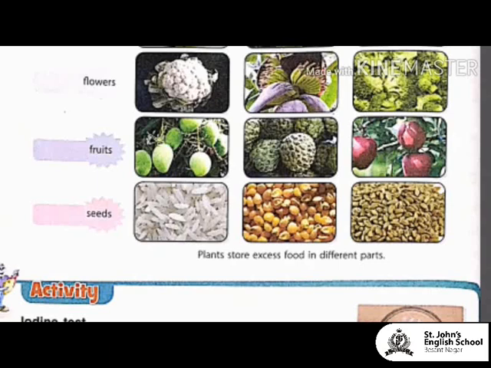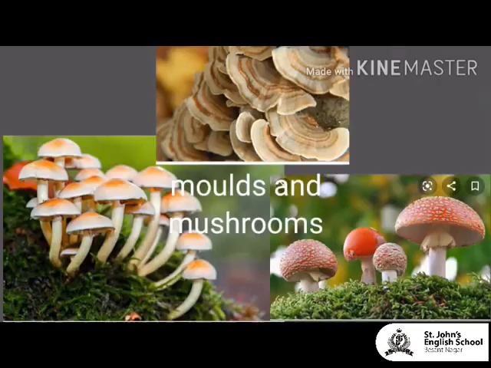In some plants, the food gets stored in their seeds. That's why the seeds become edible, and they also contain nutrients. For example, the rice grains, wheat grains, maize, all are seeds only. We are eating them because the food gets stored in that seed. So remember, the leaf only prepares the food. How much ever food has to be utilized by the plant, the plant will utilize. The excess food gets stored in the different parts of the plant, like we discussed in roots, stems, flowers, fruits and seeds.